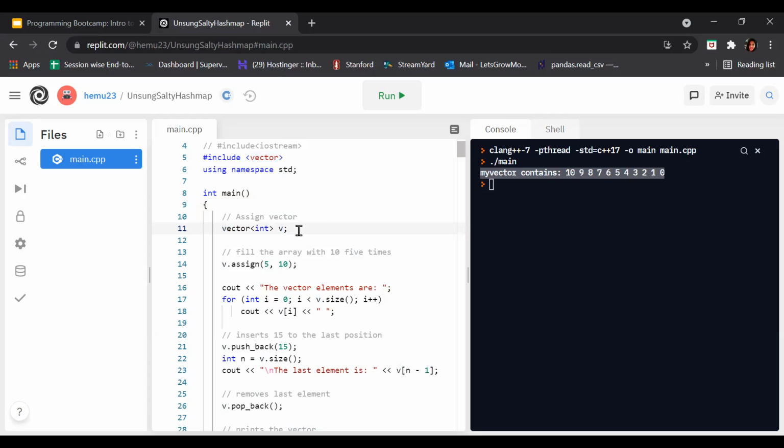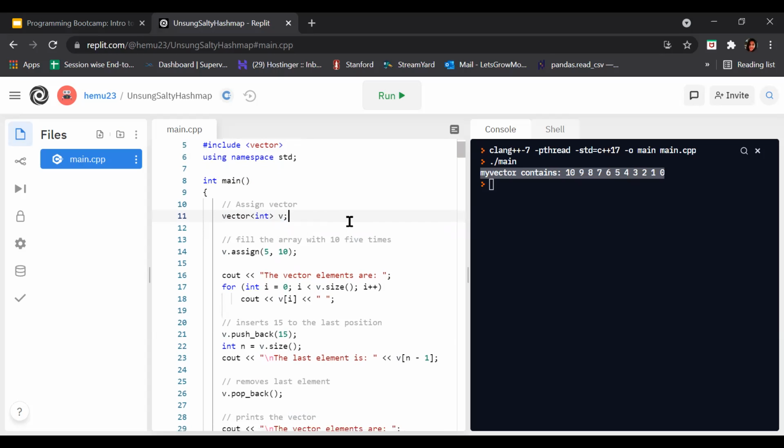Now we are assigning a vector. Fill the array 5 times. How do we write this? It is v, which is our vector, dot assign. In this way we are assigning a vector.